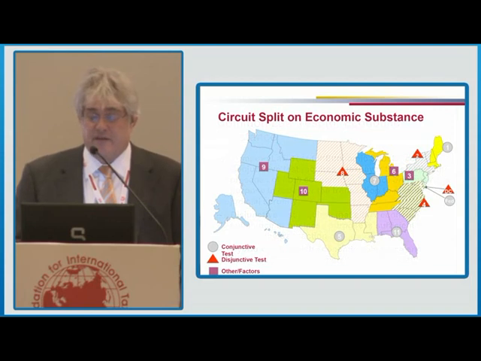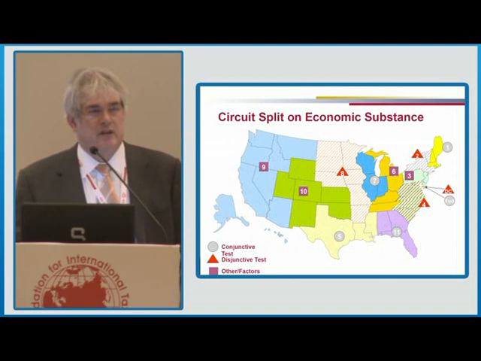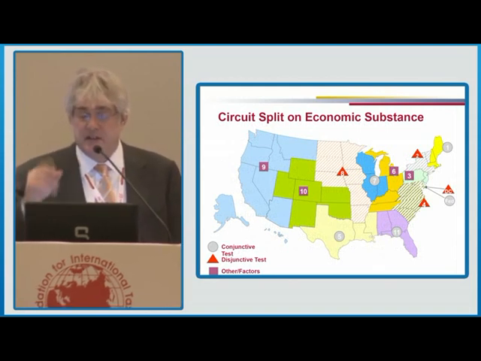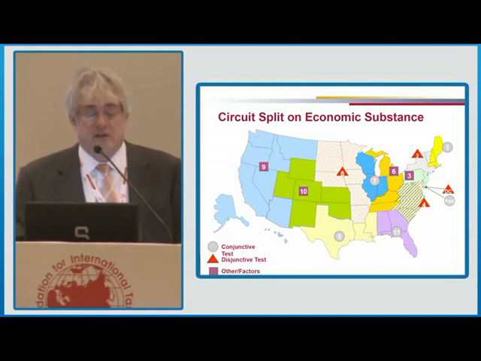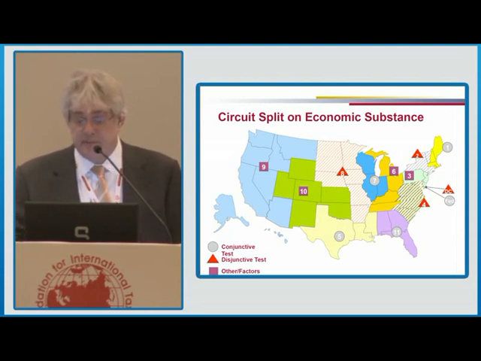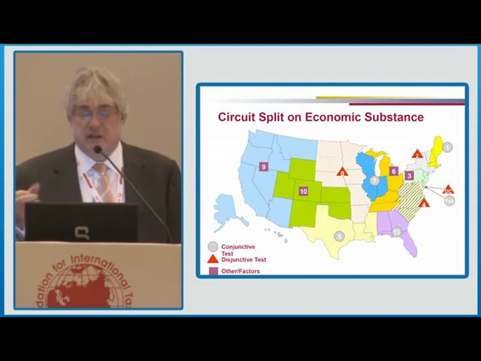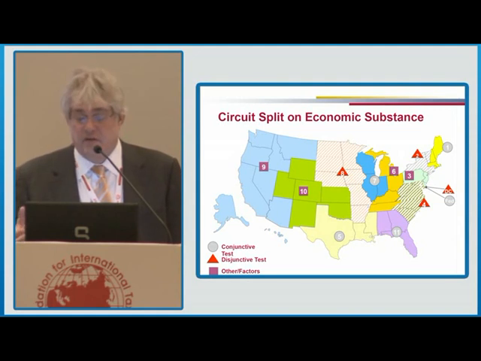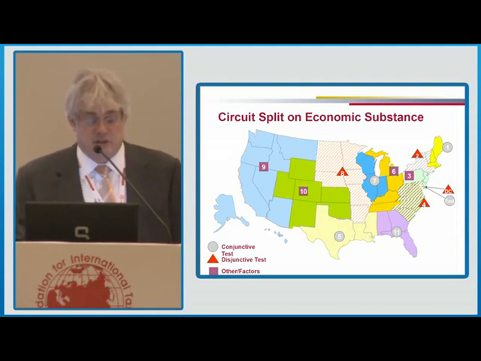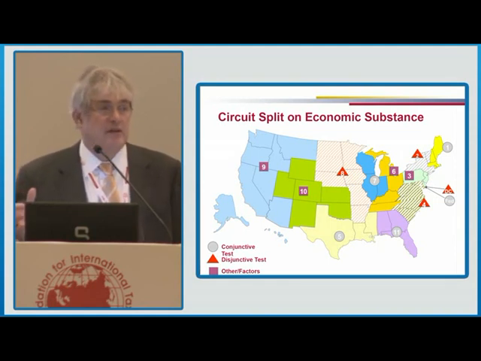And I think this graph kind of points out the disparity that was existing over the years in the case law. Indeed, the conjunctive test applied in places like Illinois and the First Circuit up in Massachusetts and in Florida. And then you see the disjunctive test, which was primarily in the Second Circuit, which is New York, and down in Virginia and D.C. in the Fourth Circuit, and then in various states in the Midwest. And then the hybrid approach was applied primarily on the West Coast